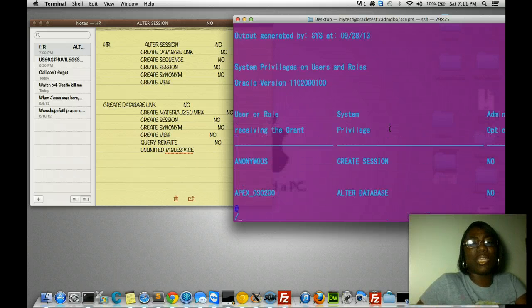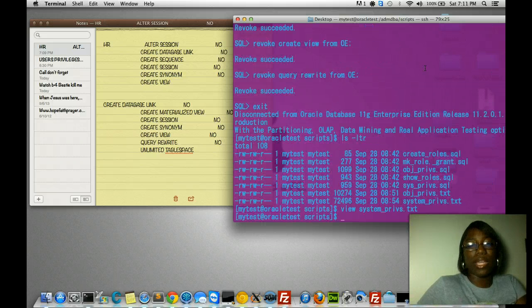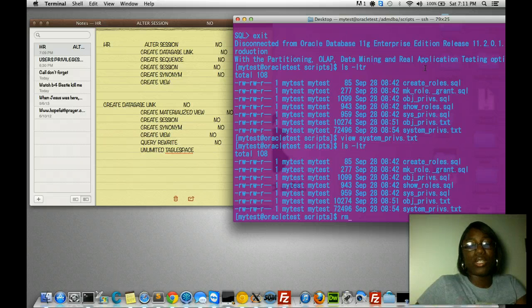I think Scott is okay. Last time I remember doing this, I think he's okay. Yeah, see, he only has unlimited tablespace. So he's okay. So now what we're going to do is remove that and then rerun the script. I don't think I have to remove it, but I just want to. Remove system